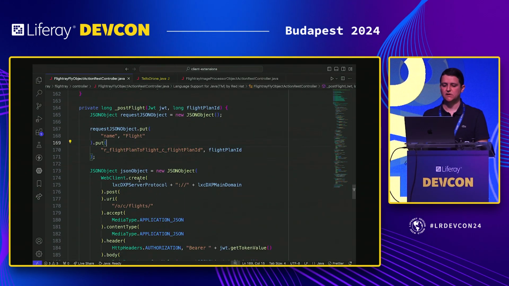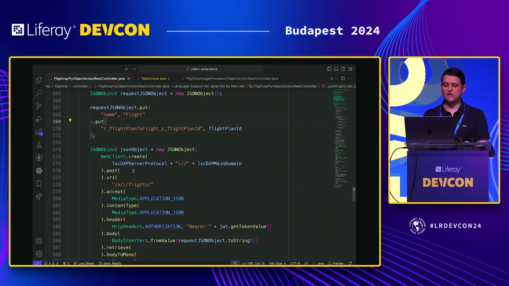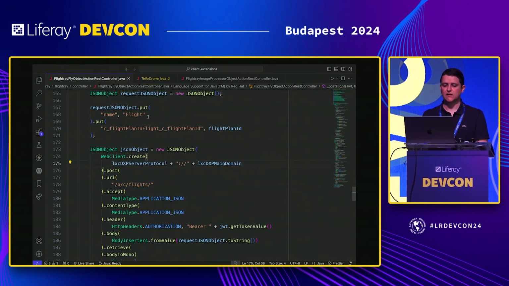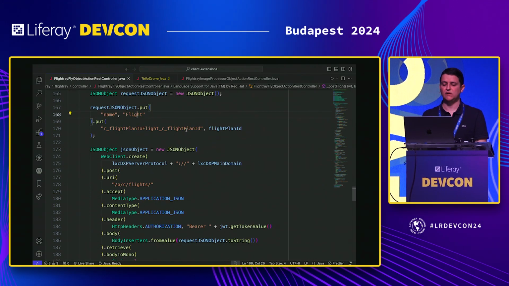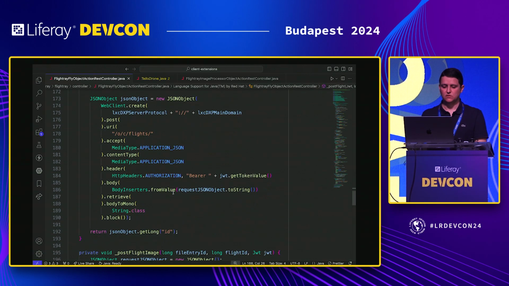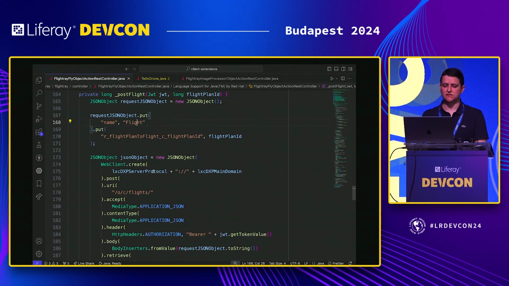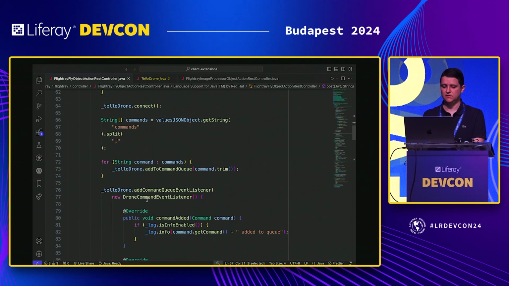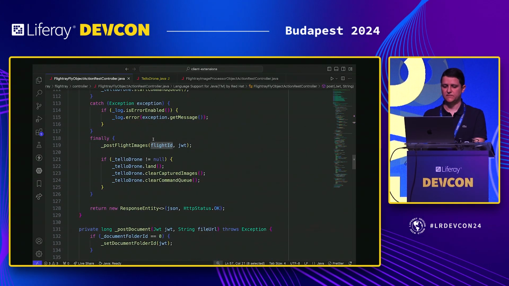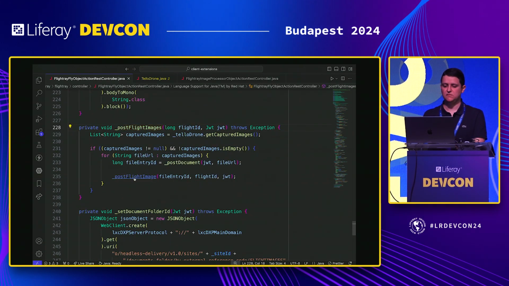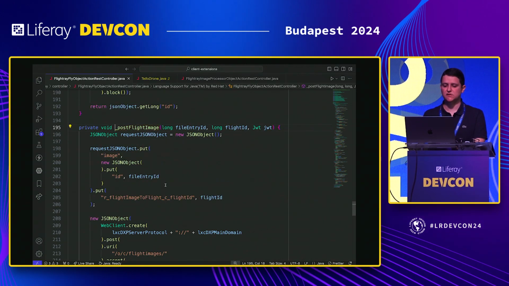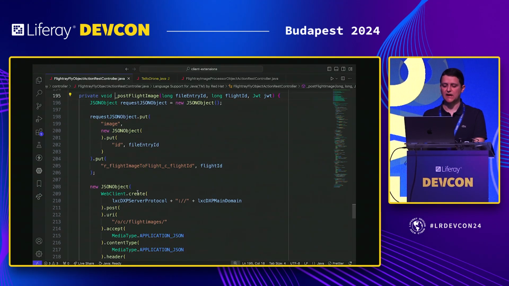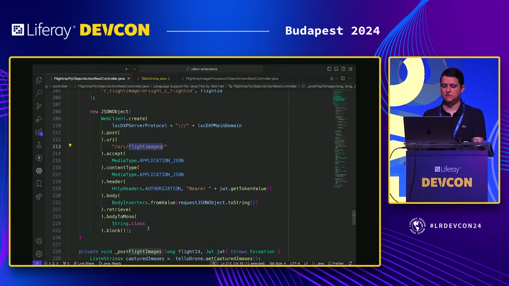Okay. So here, we are leveraging this endpoint that is generated by Objects. I just put the name of the flight and the relationship with the plan ID. Do a post and return the ID, because I will use this ID here to post the flight images. So the same, I will iterate each image, and I will post the flight image to the document library, flight images here.